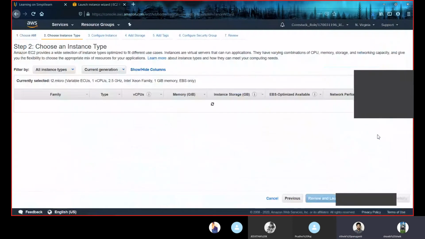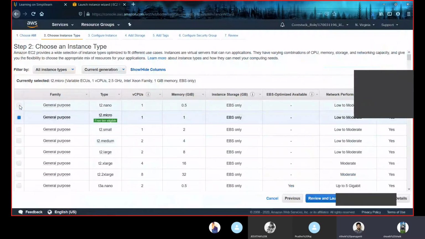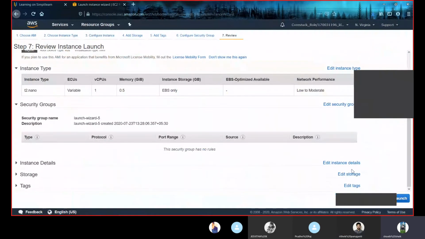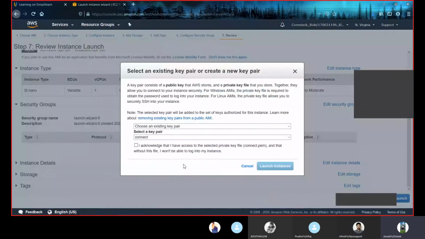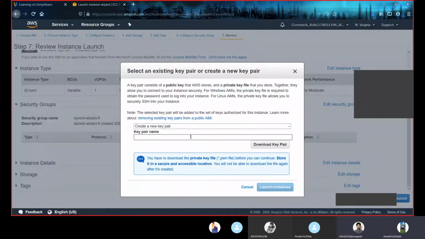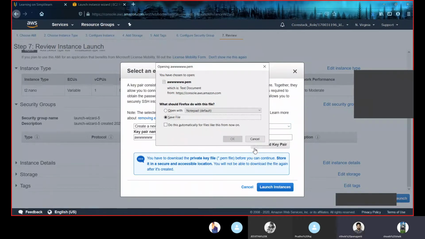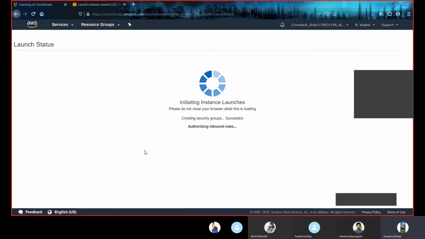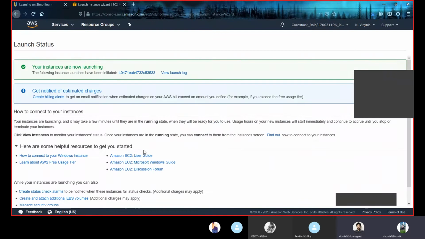I'm going to choose the smallest instance type. So I'm going to launch it. These are the details. Click on launch. I'm creating a new key pair here. I'm naming it AWWW. I'm downloading it. Yeah, I saved it. Now click on launch instance. Now our instance is launching.